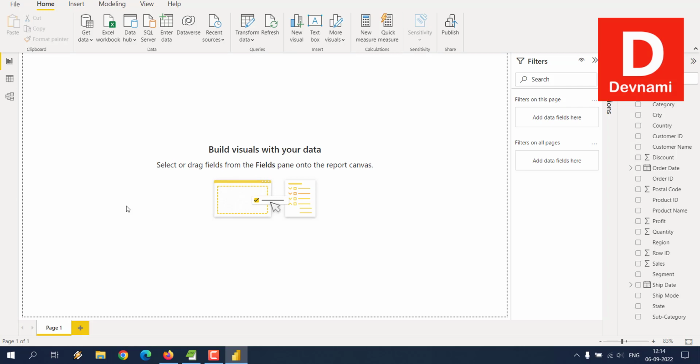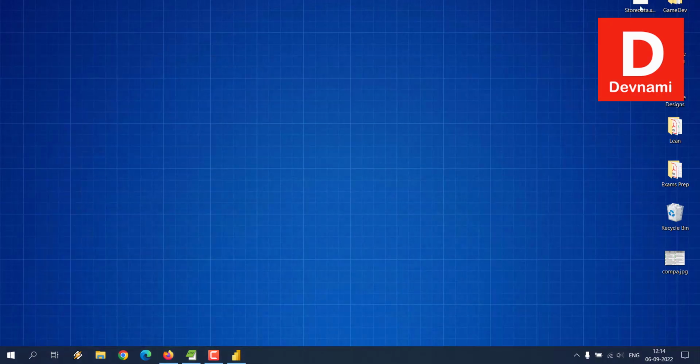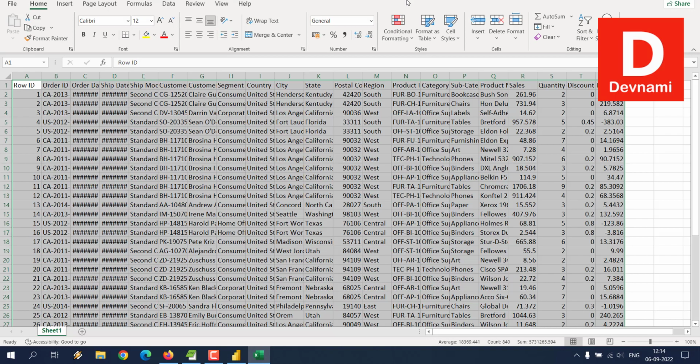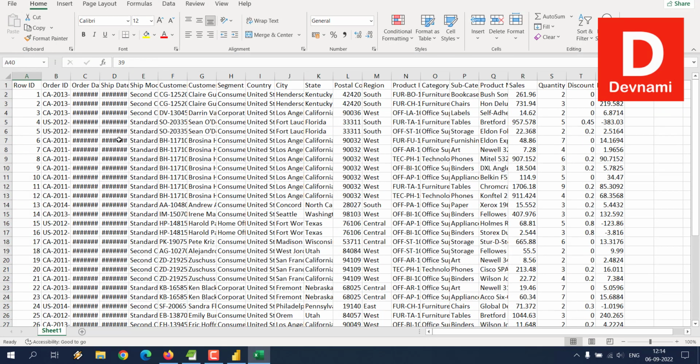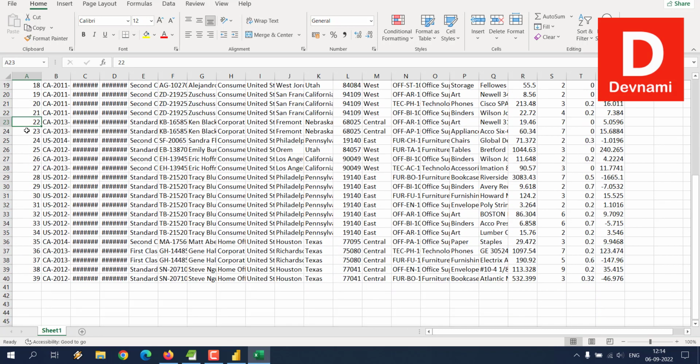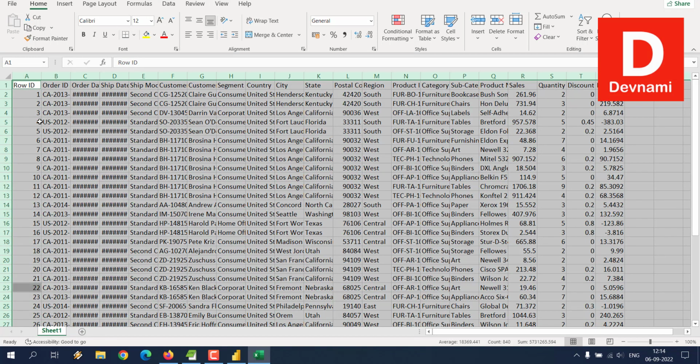There is one more method for importing your data. To do that, what we'll do is first we will open our Excel file. As you can see, 40 rows, out of which 23 are easily accessible, rest get auto truncated. So what we'll do, we'll select all of these rows and columns, copy,